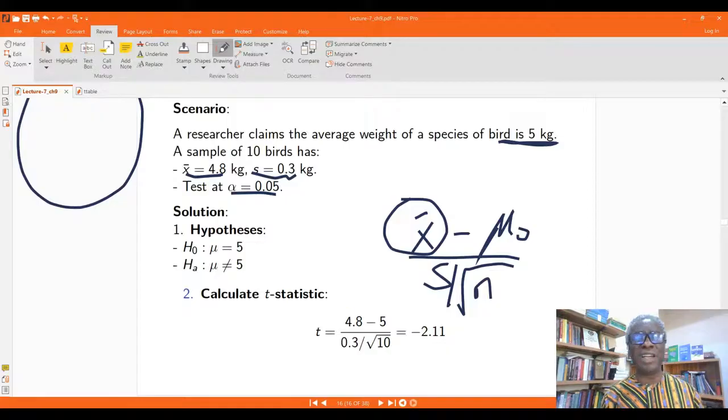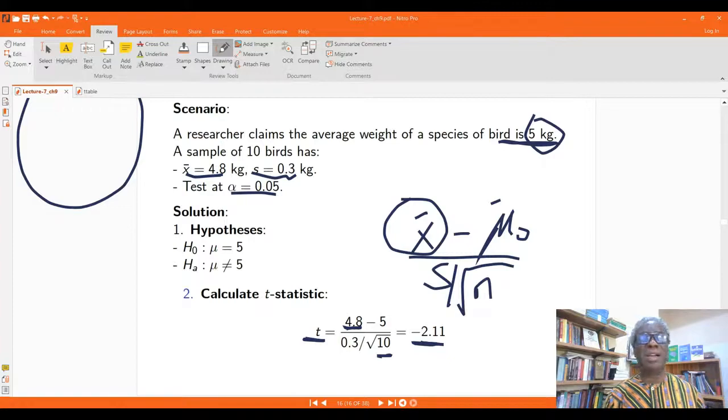That's why you have it here. The value specified, or speculated, by the researcher is 5. So this is the mu naught. The sample standard deviation is 0.3. The sample size taken is 10. So when we calculate the t, the value of the t statistic is